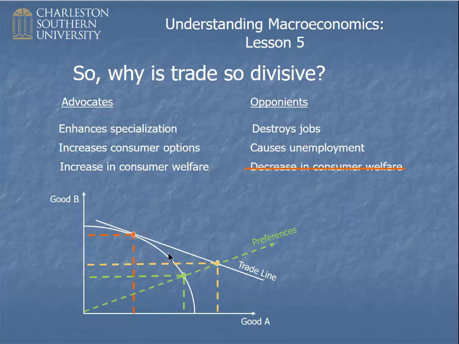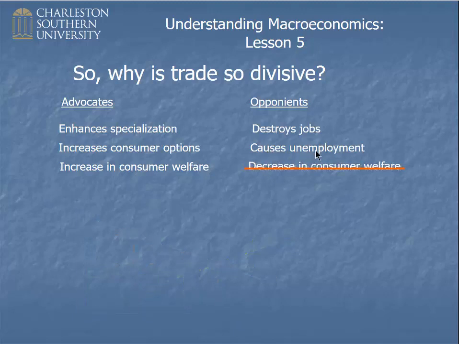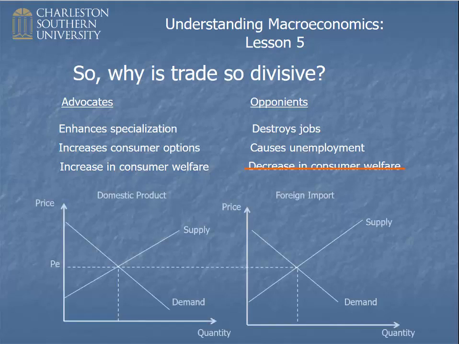So why say, okay, trade destroys jobs, therefore we shouldn't have trade, when we allow other things that destroy jobs all the time? It's really obvious that trade doesn't cause unemployment. All you have to do is look at the unemployment rate through time and you can see it's not related in any way to the trade deficit or trade surplus. But I've drawn a little supply and demand to help make this case.